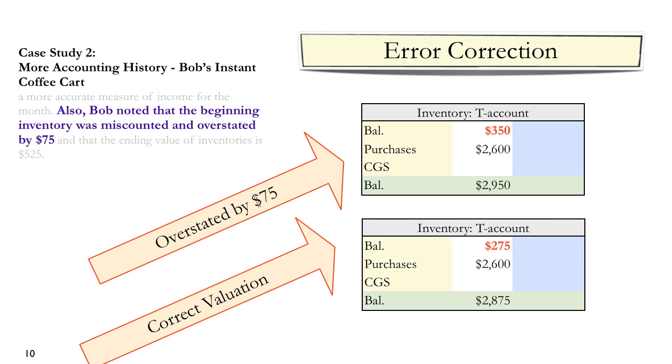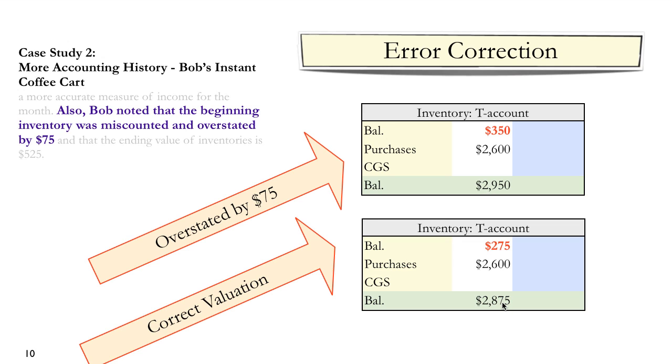So what we would like to do is have the T account reflect a closing balance of $2875. Notice, ideally, we would have had an opening balance of $275. Purchases remained the same, and therefore the closing balance would go from $2950